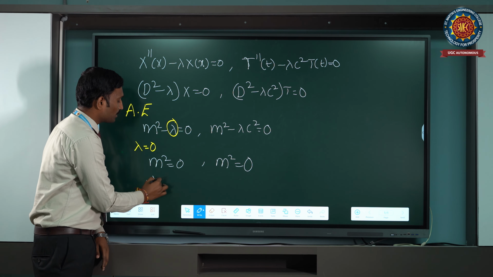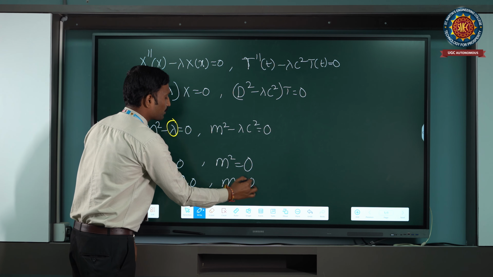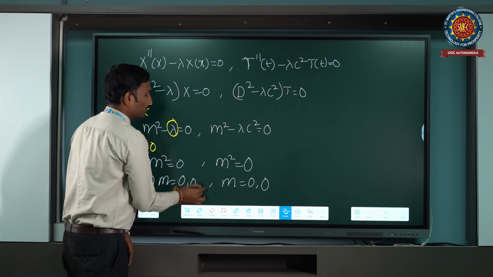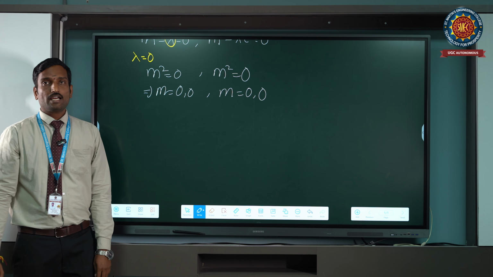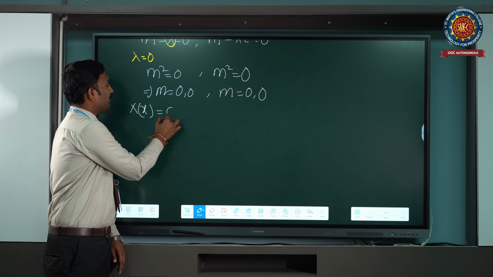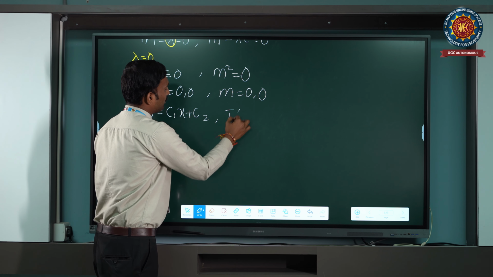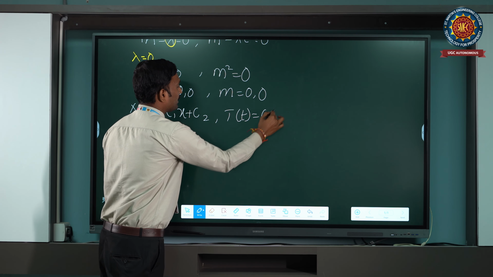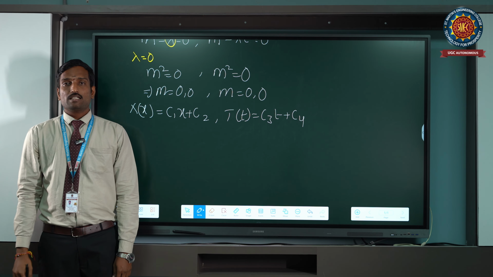Here we can write the roots as m equals 0, 0. Because the roots are 0, 0, we can write the solution of X(x) as c1 x plus c2. Here the T(t) solution is c3 t plus c4. If I consider lambda greater than 0,